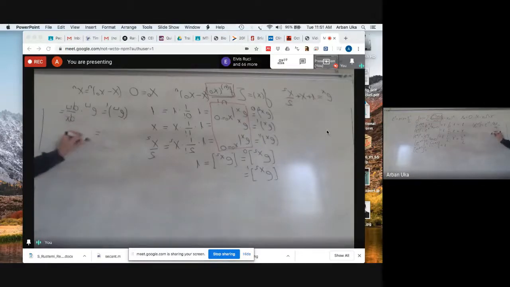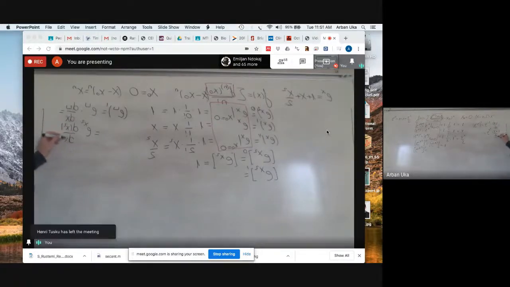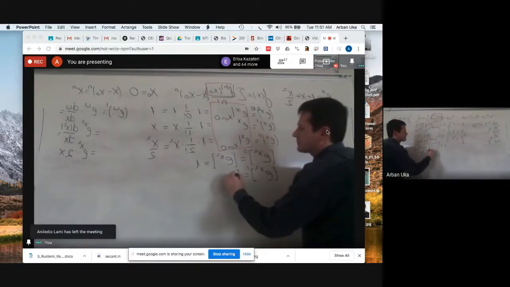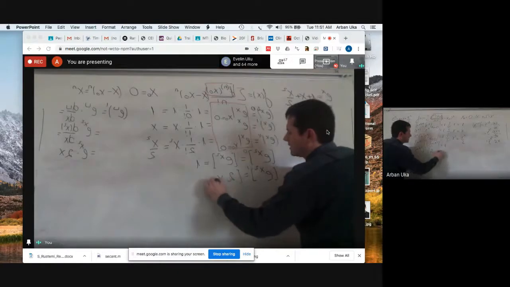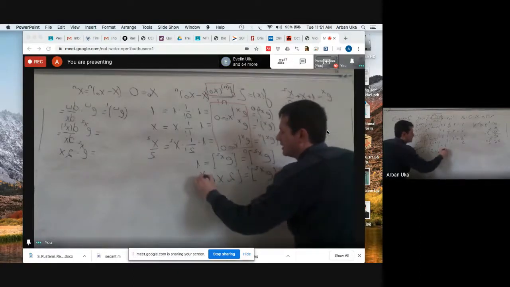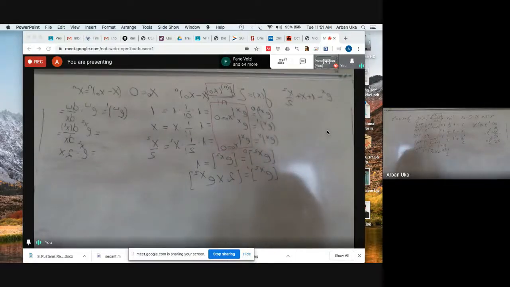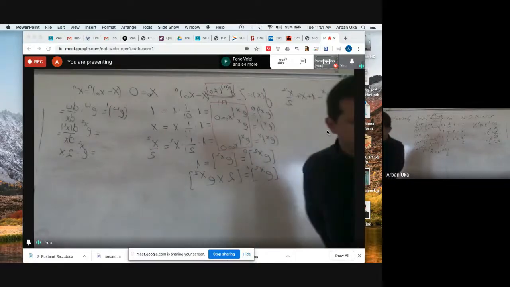And this is going to be equal to e to the power x squared times the derivative of x squared with respect to x, and this is equal to e to the power x squared times 2x. So here we can write that this is 2x times e to the power x squared, okay? So this is the first derivative. Then the next thing that we need to do is